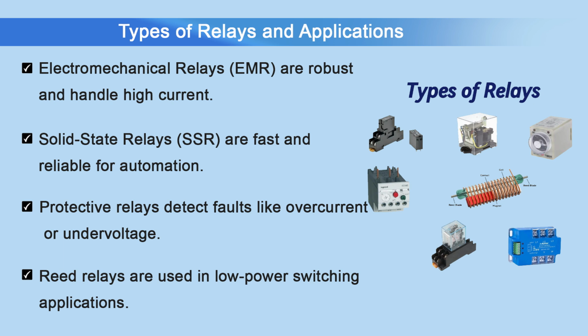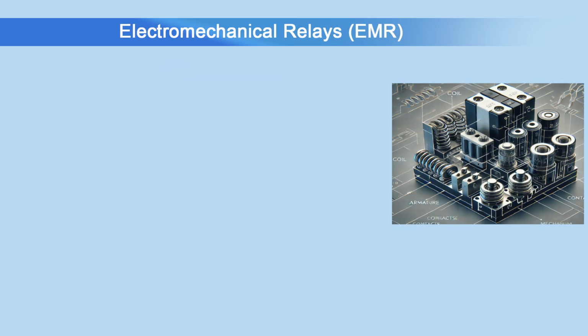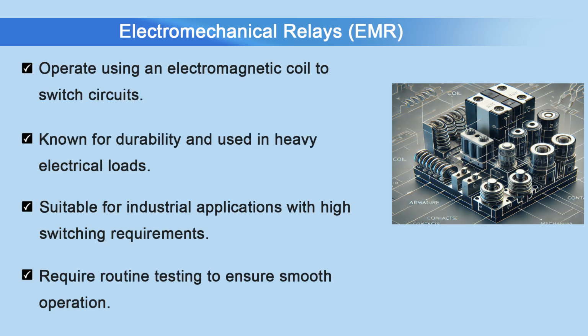Relays come in a variety of types, each designed to perform specific functions. Understanding the different types of relays and their application is essential for an engineer tasked with testing and maintaining these devices. So, first one we will see electromechanical relays. Electromechanical relays are the most traditional type of relays, operating through a mechanical movement triggered by an electromagnetic coil. When the coil is energized, it creates a magnetic field that attracts a movable armature, causing the contacts to open